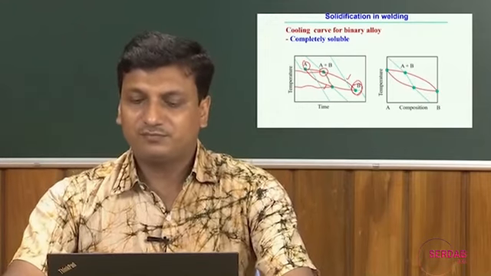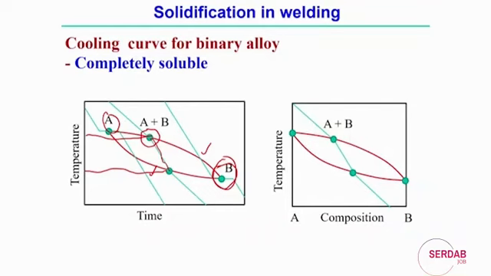But if we look at temperature versus composition, here we can see that the x axis represents the composition. At this point A is exactly 100% A, which means it is a pure metal at point A. Similarly, at B the composition is 100% B, which means it is pure metal B. But in between there is a mixture of A and B, a certain percentage of A and a certain percentage of B. At any point, if you draw a vertical line,